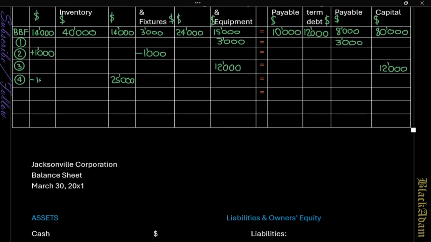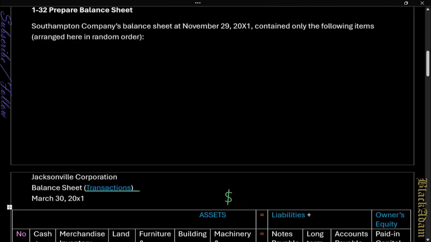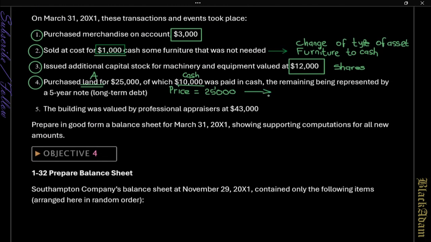So you're gonna lose that money that we paid. It's 10,000. We're gonna decrease our cash by 10,000 because we used it. The difference, 25 minus 10, is going to be 15,000. So the 15,000 is what we're going to pay later. It's on credit. So 25,000 minus 10,000 gives us 15,000, and that 15,000 is what we owe, because we paid part of it